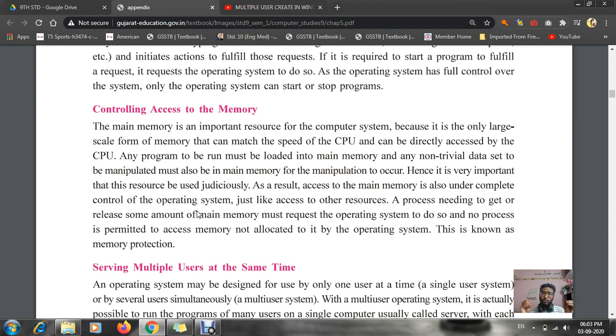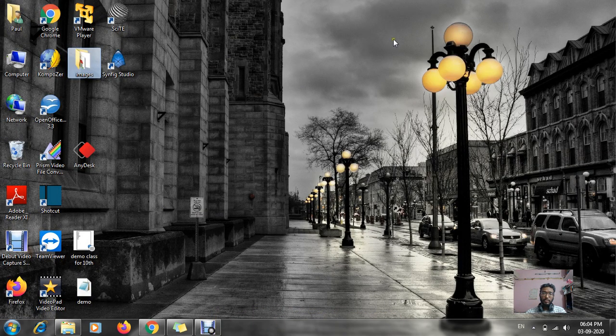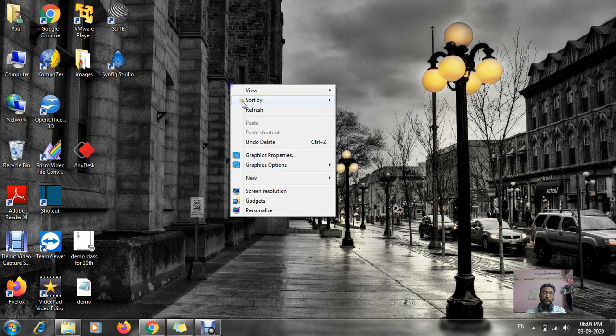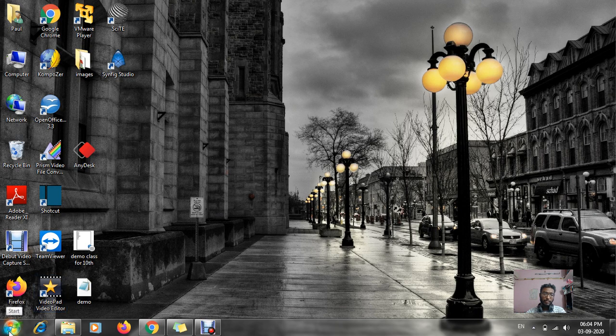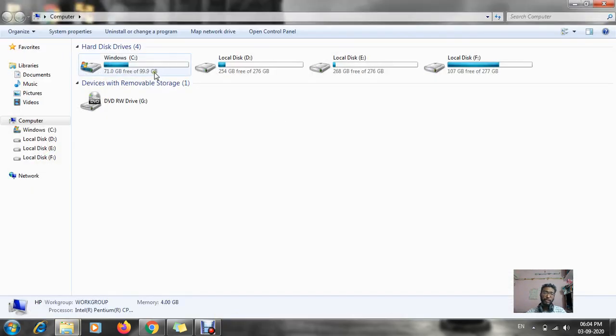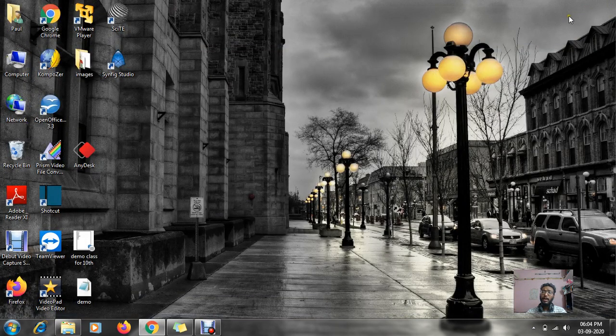There is no use of that thing. Whatever functions we see right now, these icons, the right click with many features, the start button, and the drives, C drive, D drive, E drive, F drive.